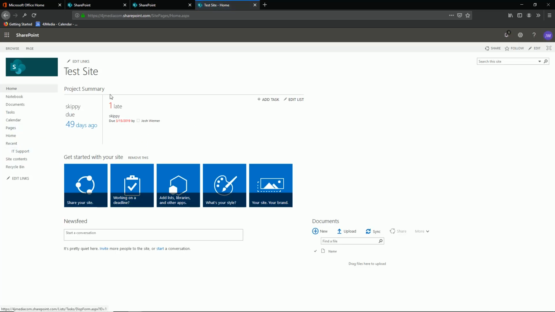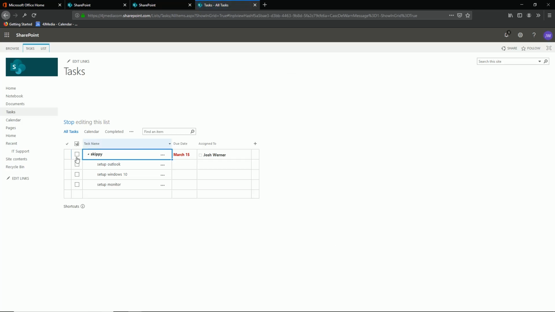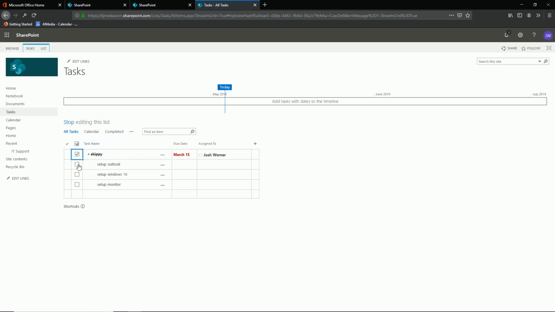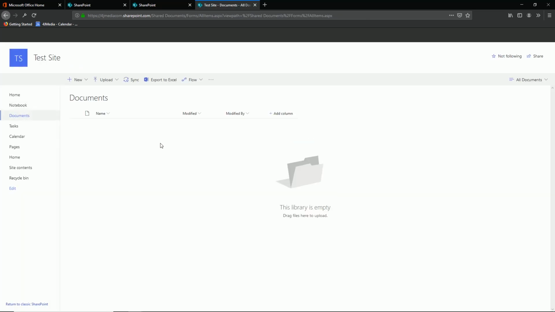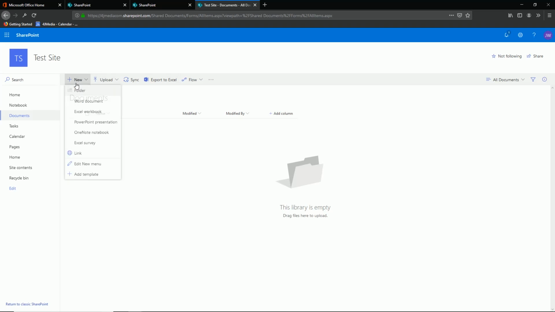And you can see here, I added some stuff on here. So let me delete that. And these are just tasks that I added. So let's go to documents. I don't have any documents in there per se, but you can click new and you can add